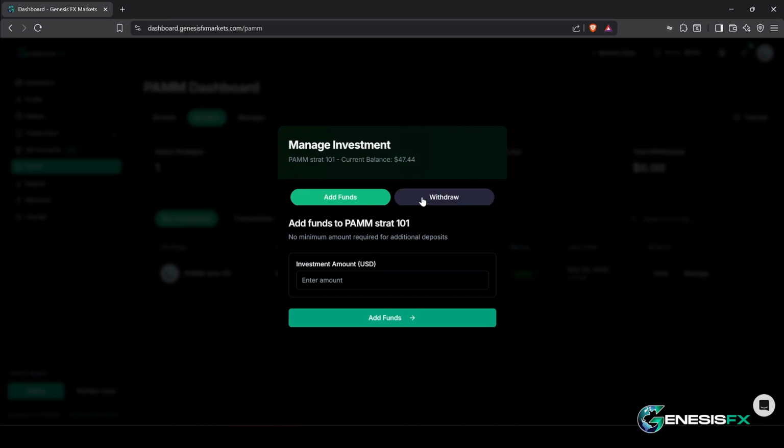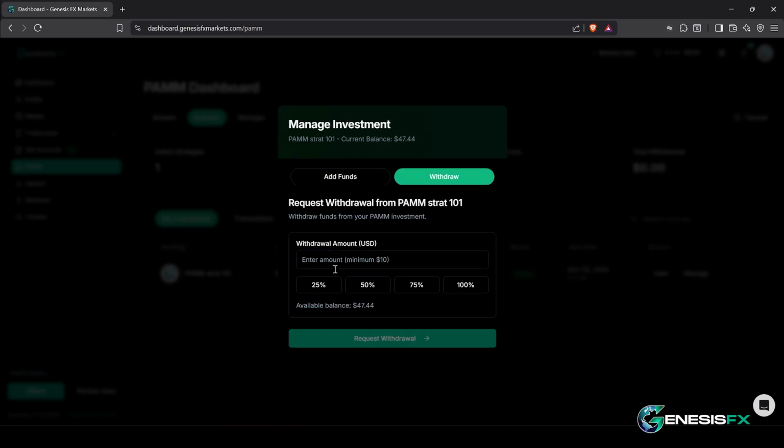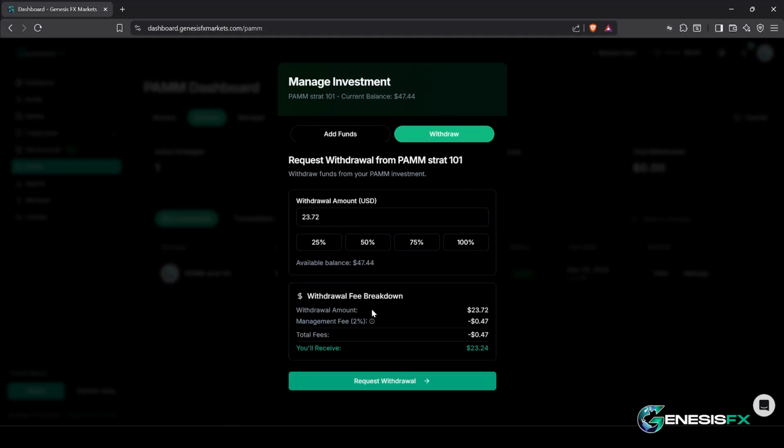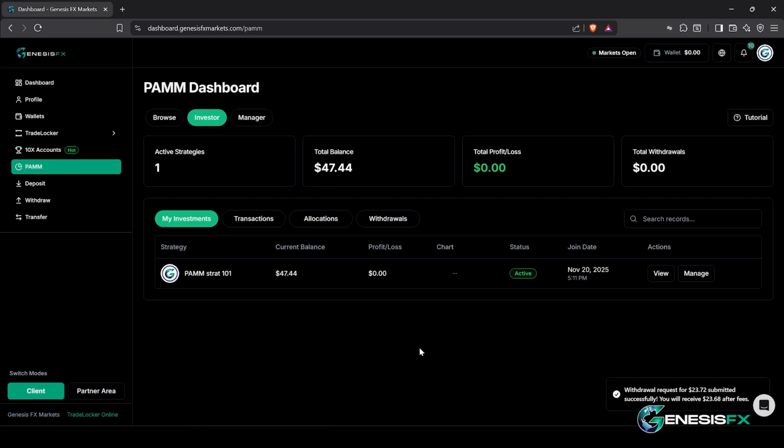Once you're here, you can click Withdraw here. You can enter the amount that you'd like to withdraw. For example, let's go with 50%. They will give you a quick breakdown of the performance fee and the management fee that is applied. Once all of that is done, you can request the withdrawal, and once you do, a request will be submitted